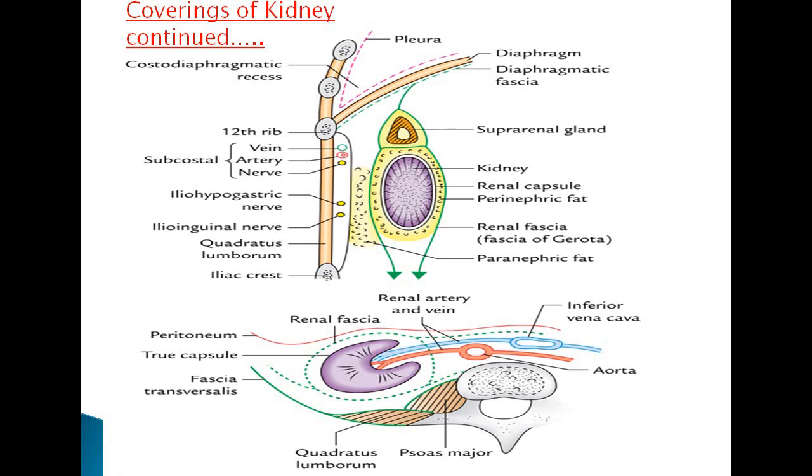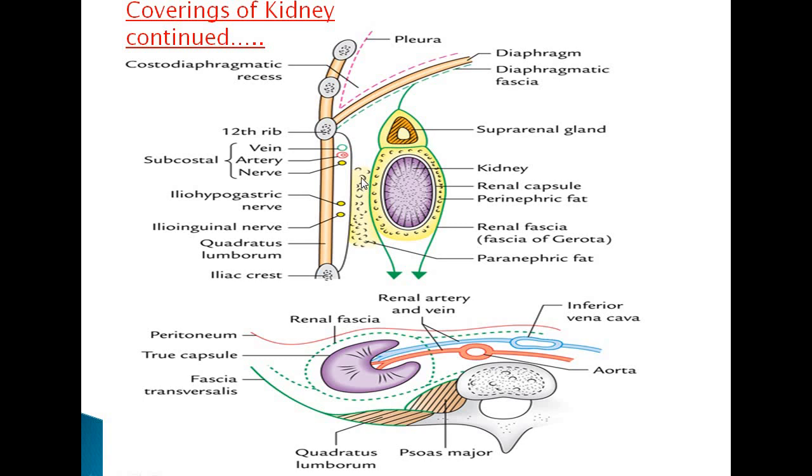on the left side. So on the right side, at the level of the upper pole of the kidney, the anterior fascia blends with the inferior layer of the coronary ligament and the bare area of the liver, whereas on the left side, at the upper pole of the kidney, it fuses with the gastrophrenic ligament. The posterior layer on both sides fuses with the fascia of the muscles that are covering the psoas major and the quadratus lumborum muscle. These two muscles are present posteriorly. So this posterior layer of the renal fascia blends with this fascia. So this is the horizontal tracing and the vertical tracing of the renal fascia, which is the most important one.